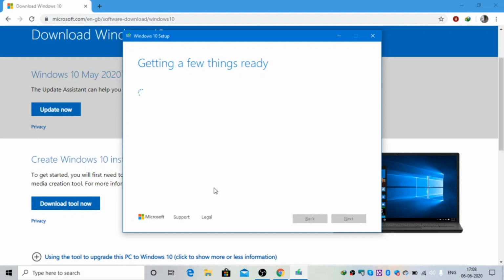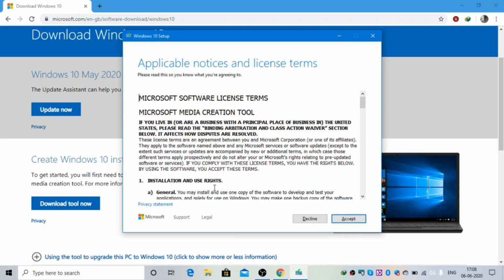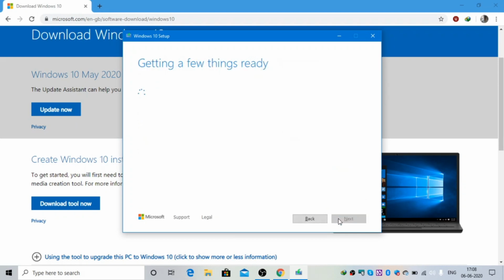And then it will show you terms and conditions. It takes time depending on your network or on your PC specifications. So you'll have to click on accept.